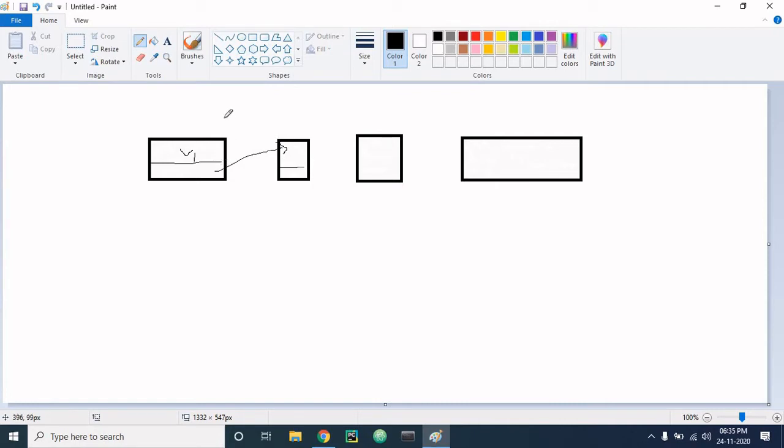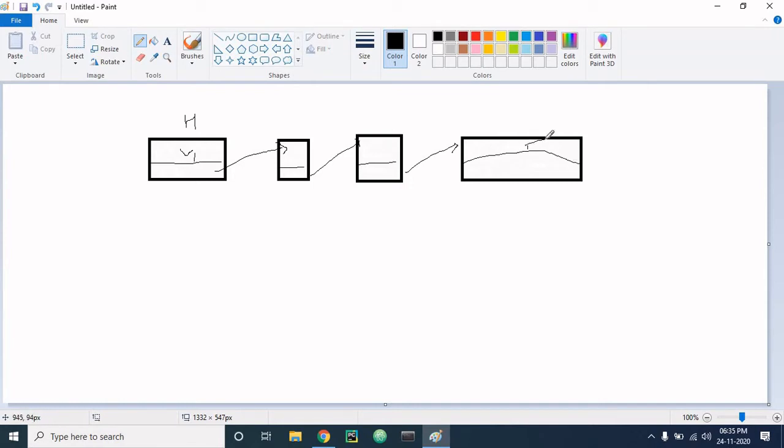This is the head, I will write h, and it contains a value v1 and points to this node, and this node points to the next node. It goes on till we get to a point where we get a tail, and this is the tail.